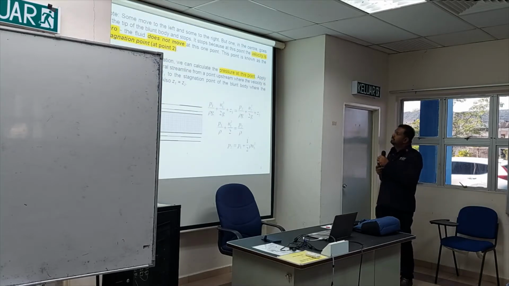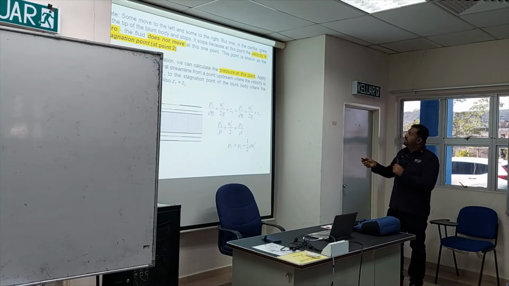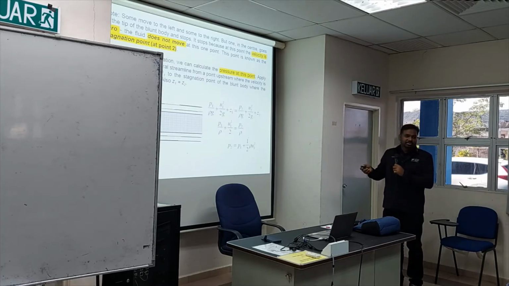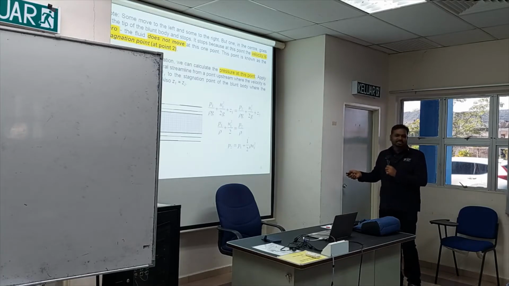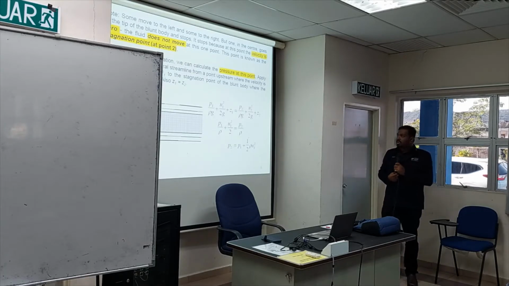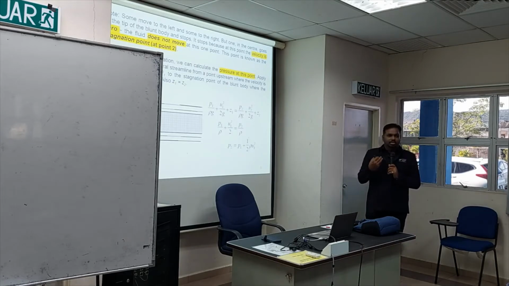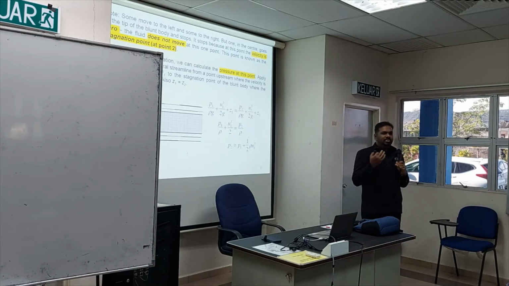Okay, so at that point 2, velocity is 0. Dekat point ni velocity akan 0. So based on this, yang ni ada velocity, yang ni velocity 0. So you can just replace here and you can find. Okay, so that's how. So in Bernoulli's equation and continuity theorem, so you need to find